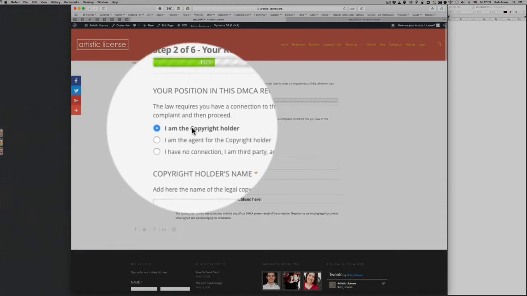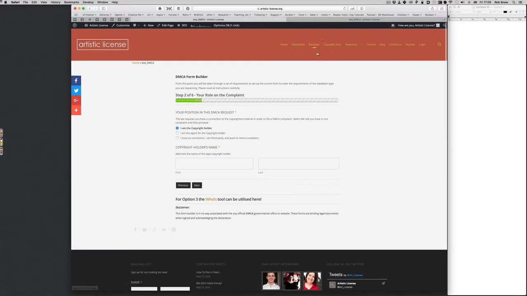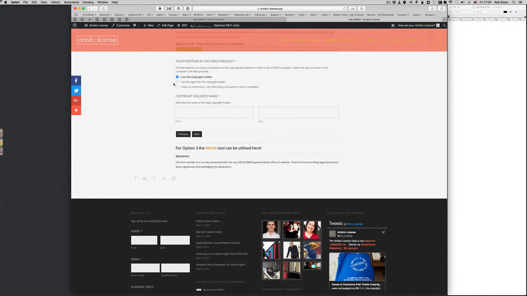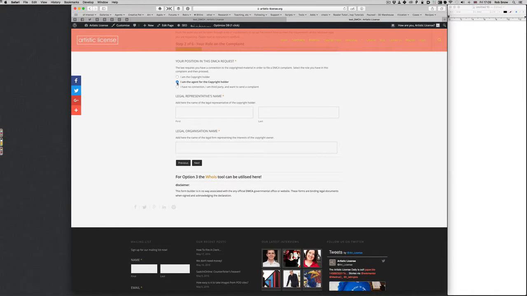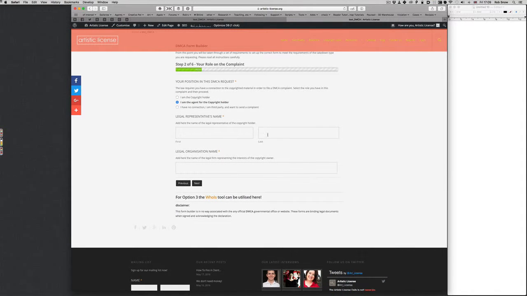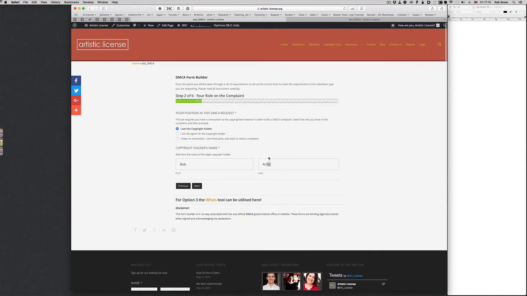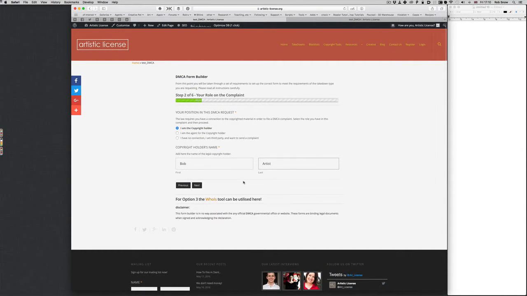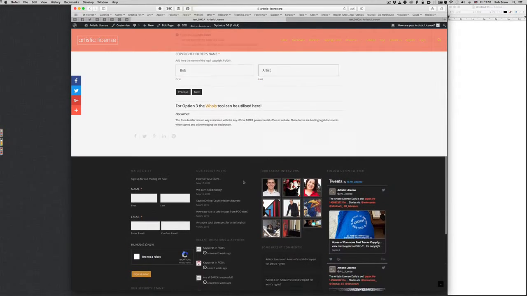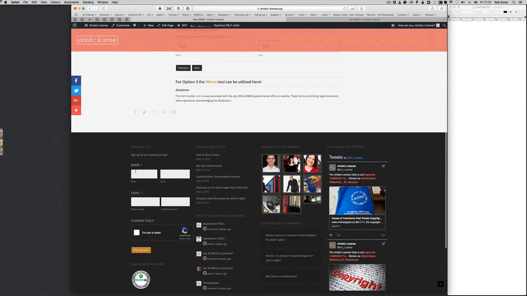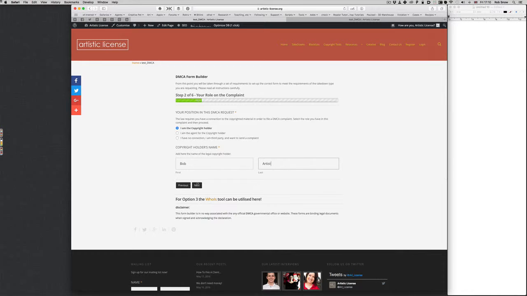And you'll notice this one is the default, I am copyright holder. The one for the agent or lawyer, I'm going to change to that. And you'll notice it also populates new information required. I'm going to go through both of these as those two items and show you how it works. So it's going to be Bob Artist. Oops, sorry, I just pressed tab. What happens if you press tab is it usually goes to the next element of the form, but because the next form element is there, it automatically jumps down to there. Okay,